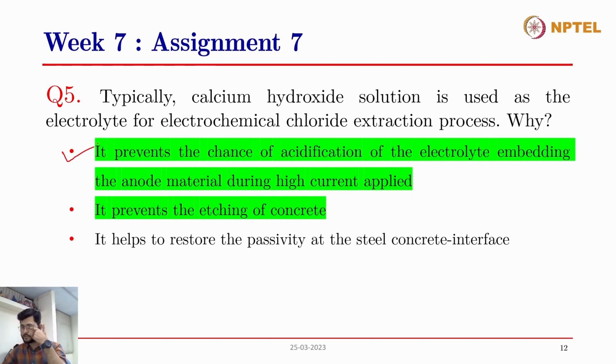It prevents the chance of acidification of the electrolyte embedding the anode metals, because the anode metal is present in the electrolyte. It is dipped in the electrolyte during this process. I'll draw the typical arrangement of this process. So this is a voltage applied, and